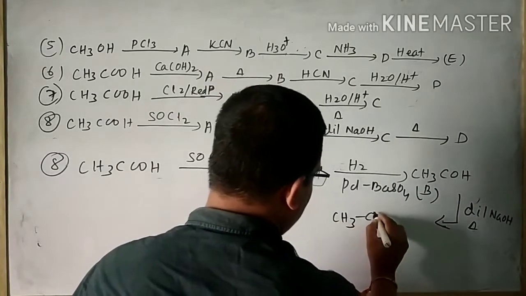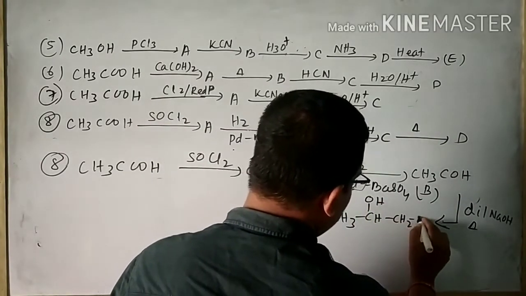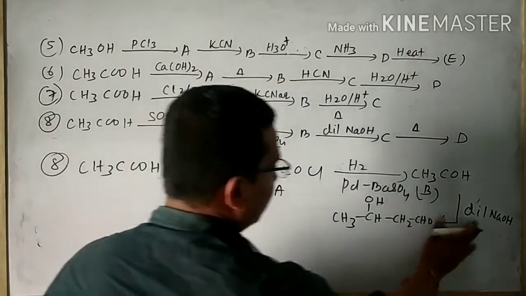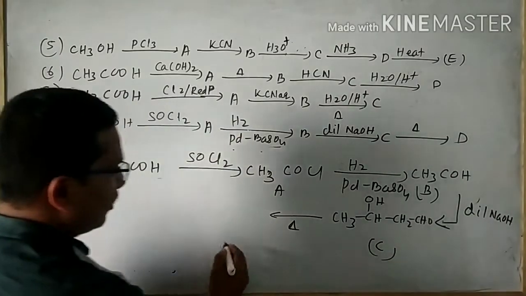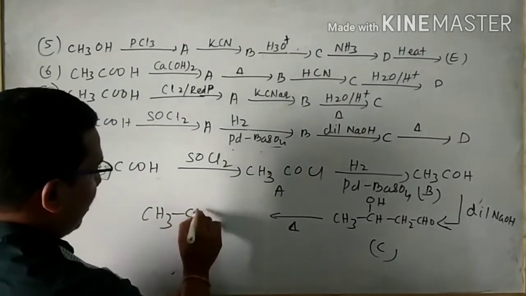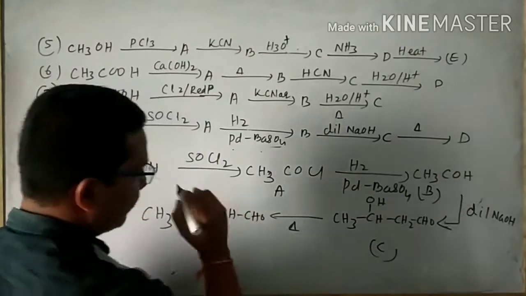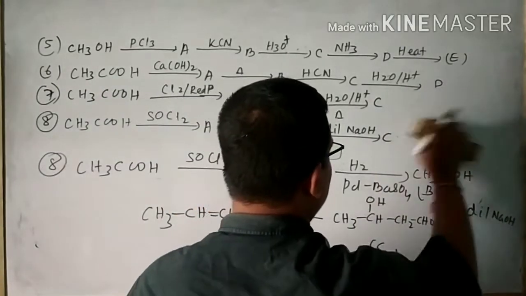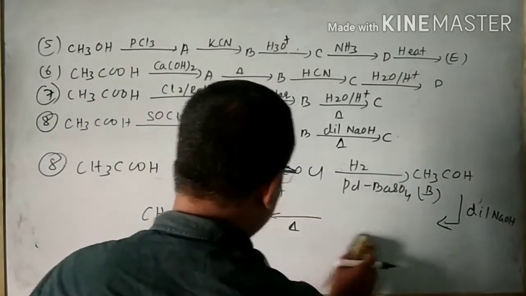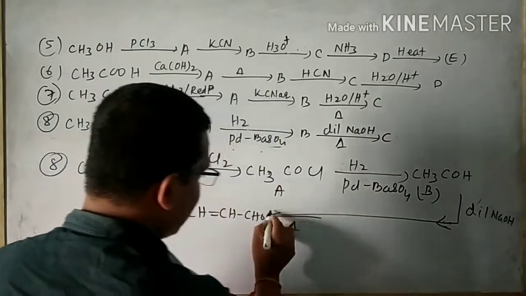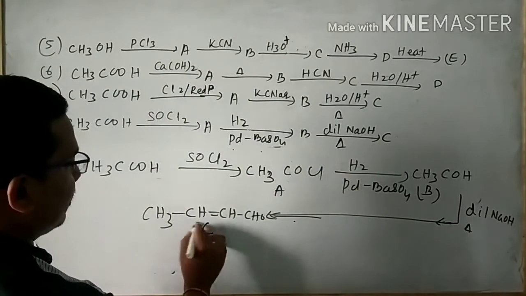At first we write the beta hydroxy product and give the heat mark here. This is your product C. Next the alpha beta unsaturated product will be written. But the question is this, that means it is not necessary to write this product. Only write this, mid mark will be given. Only this is said to be the C product.